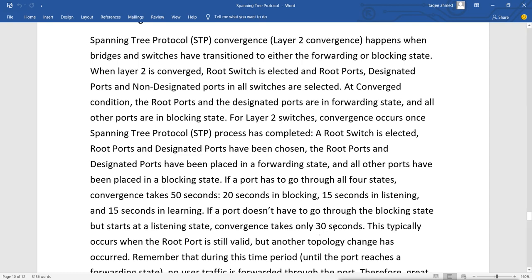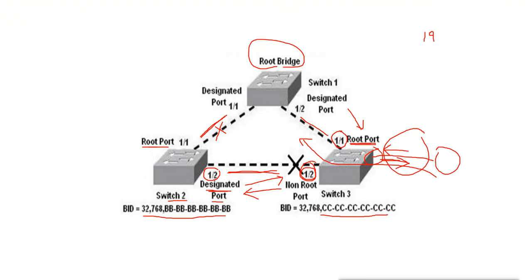For example, after doing all these things, the switch has blocked this port. This is a blocking port. For this blocking port to become a forwarding port, it will take a total of 50 seconds, because it has to wait 20 seconds in the blocking state, then go through listening and learning, and then forwarding.